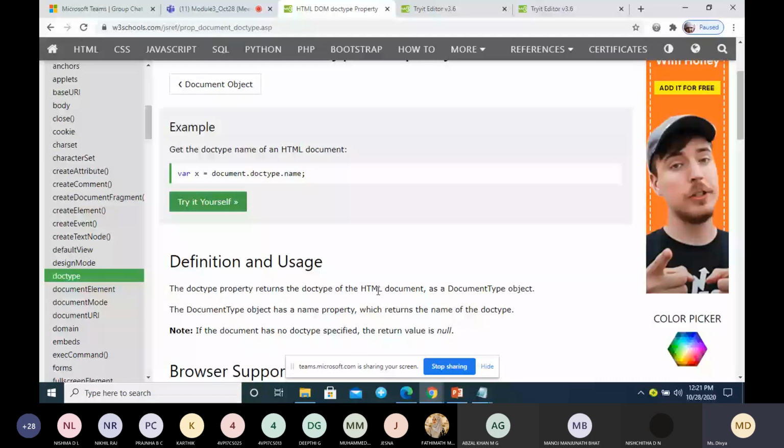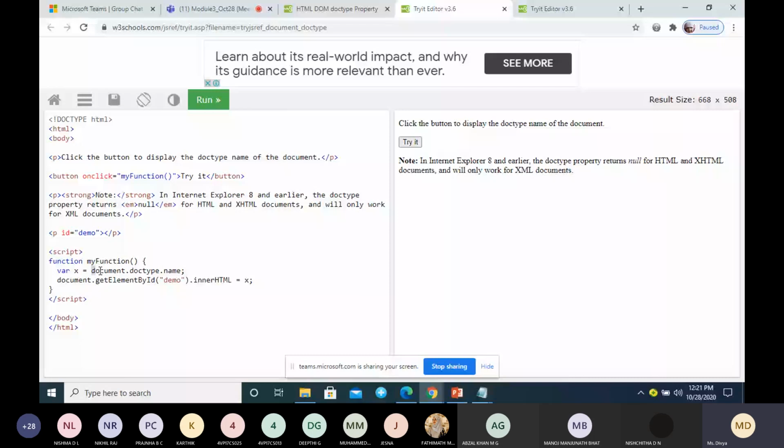Here, document is the object name, and you write document.doctype.name.